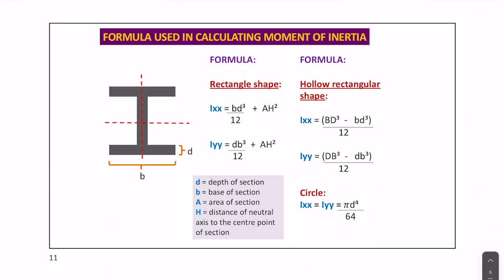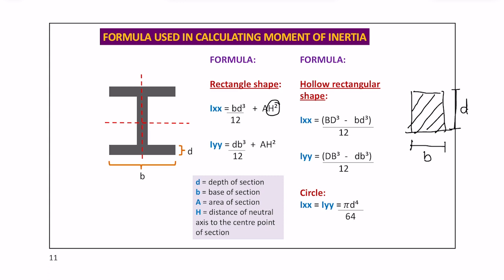In this instance, this is I section. For any rectangular shape, for example, you have one rectangular like this. The formula will be BD cubed over 12, which is B is this one, and the depth, power of 3 divided with 12, plus the area, so total area of the beam, and distance